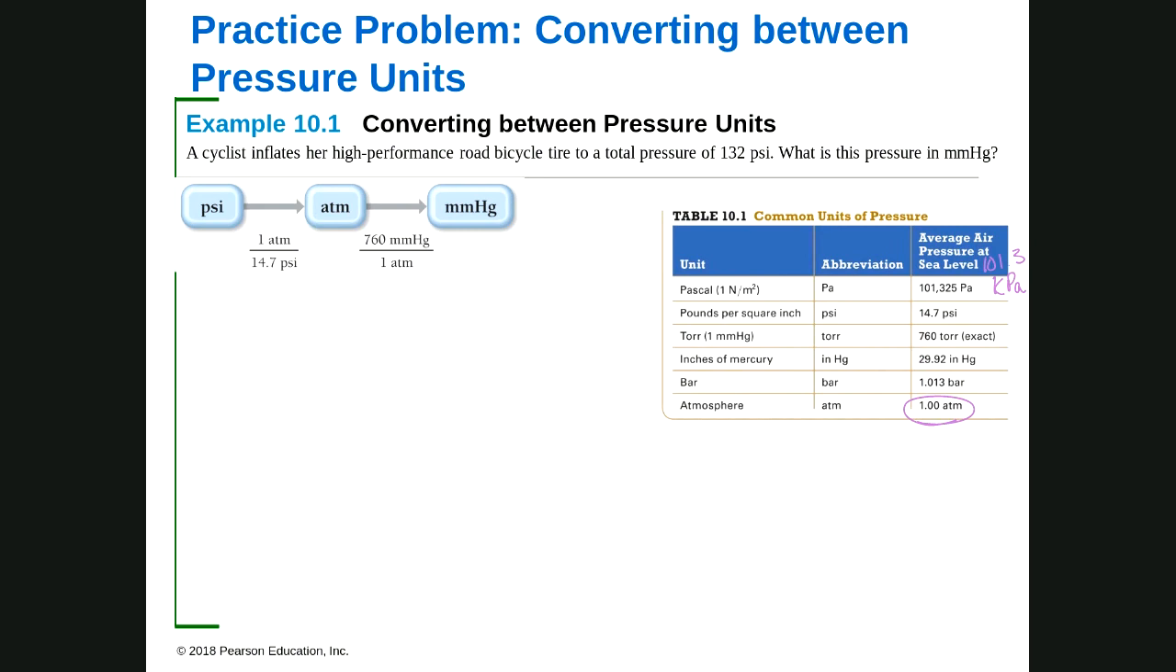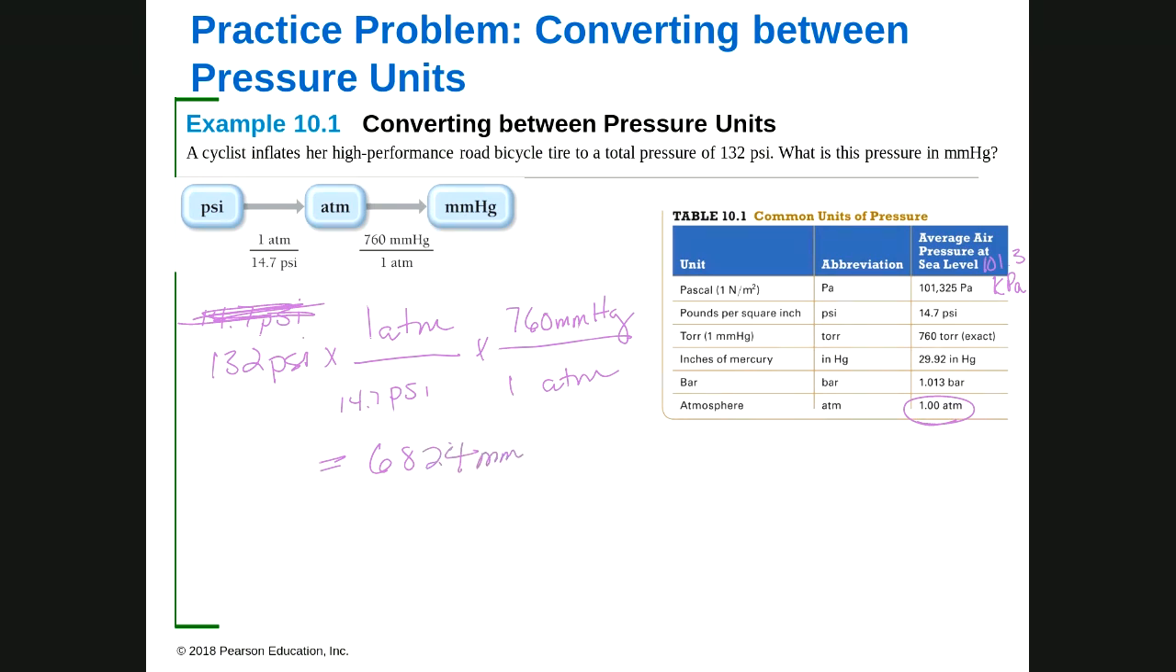So if you're given 132 psi, that's what's given to you in the problem. And we want to get rid of psi, so 1 atmosphere is 14.7 psi. And then you want to convert atmospheres to millimeters of mercury, because that's what you want. And so it's 760. And this 760 number you'll become very familiar with, because that's one you use quite a bit. And so when you just do the math, you're going to get 6824